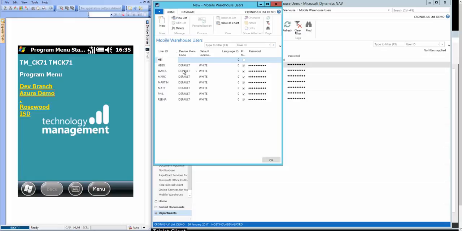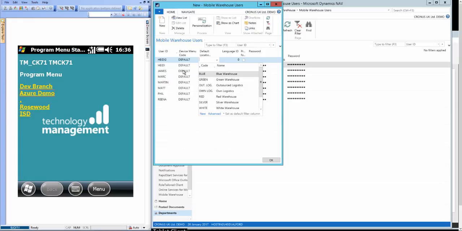We'll call that ID2. Our device menu code, because obviously we can have multiple different menus, which is covered in a different video, but I will just go with default. And then the default location for this user. So that will tend to be the location that this user will be in when you first start the device software up. And let's go with